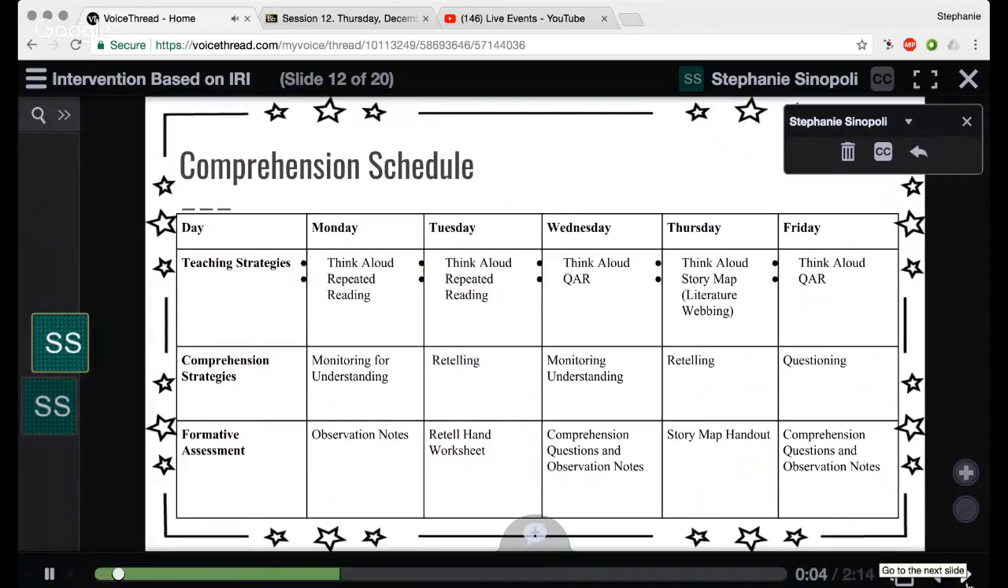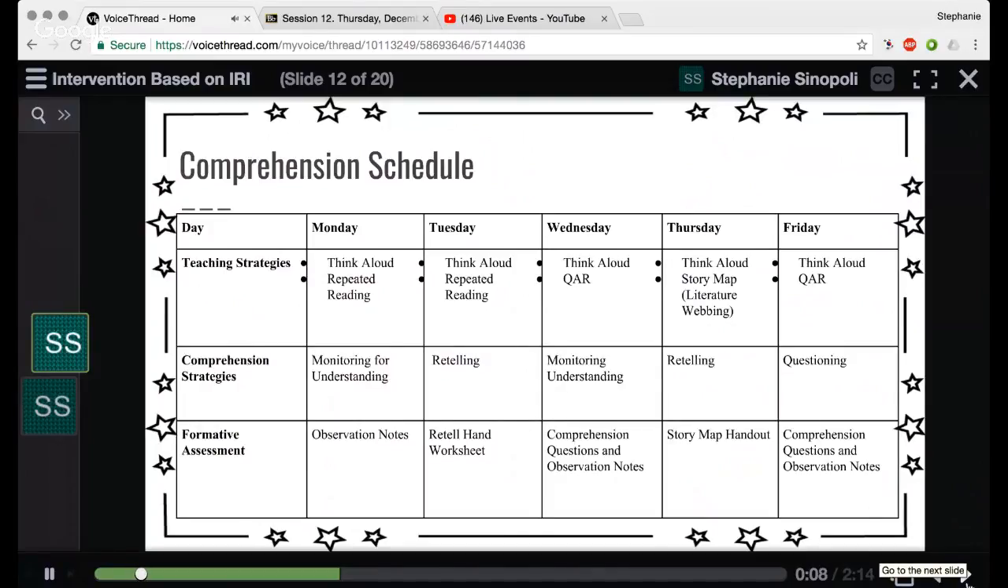For the comprehension intervention, I created a specific schedule for Monday through Friday. So there will be a teaching strategy, a comprehension strategy, and a formative assessment for each day. For Monday, the teaching strategy will be using Think Aloud and repeated reading to teach the strategy of monitoring for understanding through observation notes. On Tuesdays, the teaching strategy will include Think Aloud and repeated reading again so that Jackie